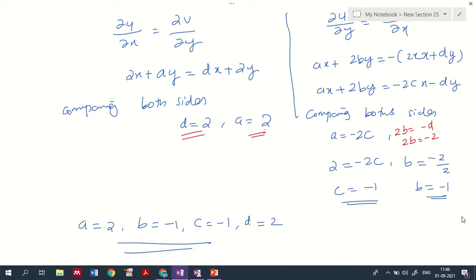minus ∂v/∂x, and you will be getting the corresponding equations. From comparing, you can get the values. Okay, there will be some cases where you cannot find the values by just comparing. In those cases, you have to solve both equations and find the representation for each value as well. Okay, so it is clear. How do we find the unknowns if the function is given as analytic? Is it clear or no?